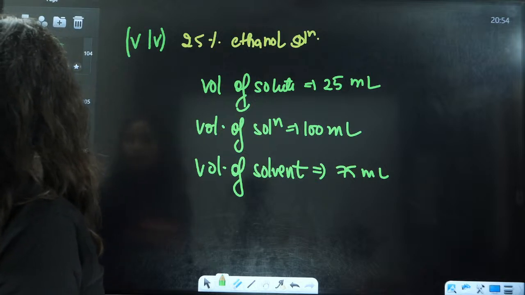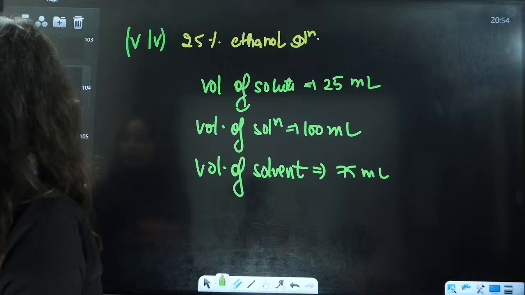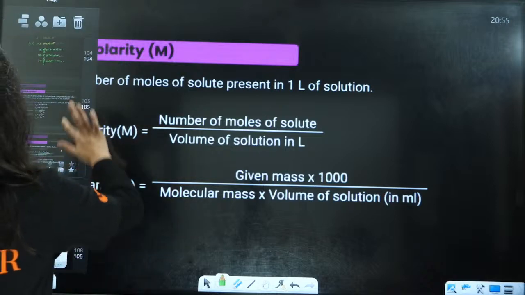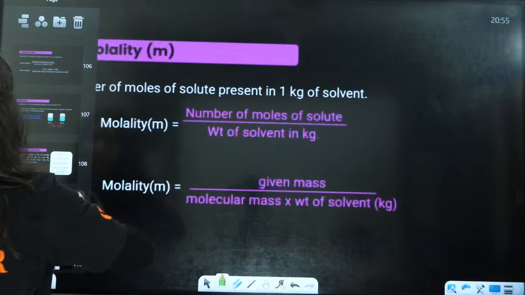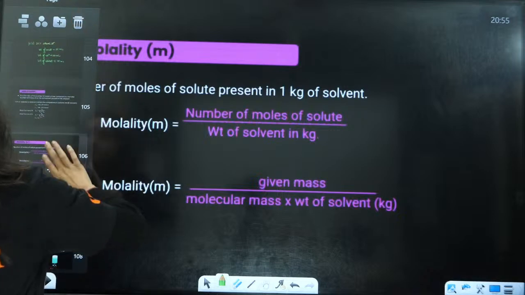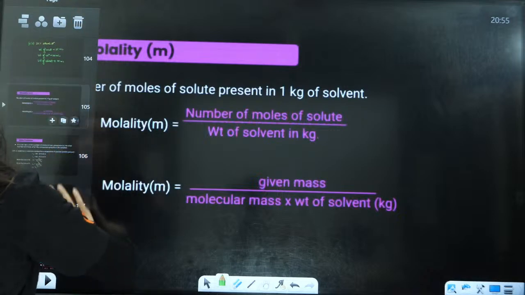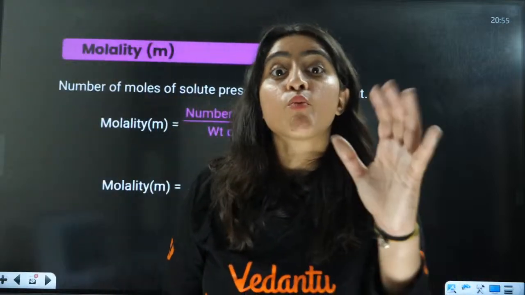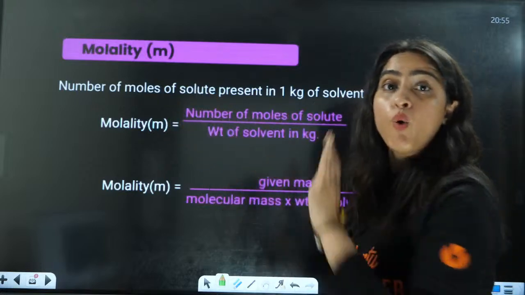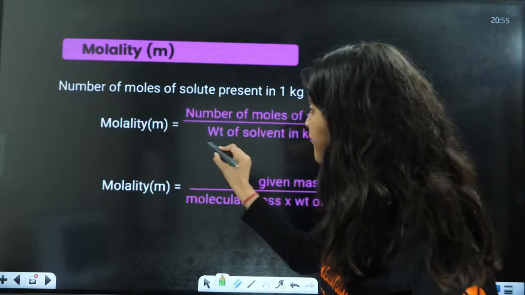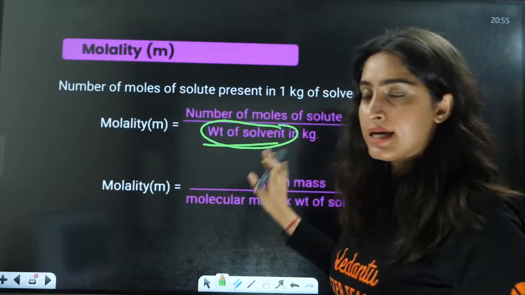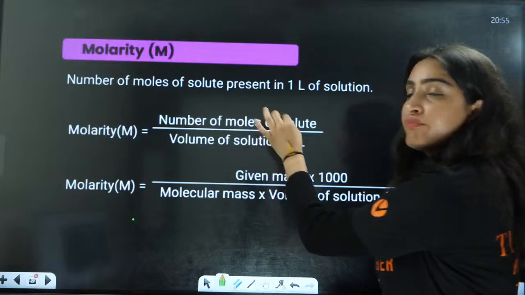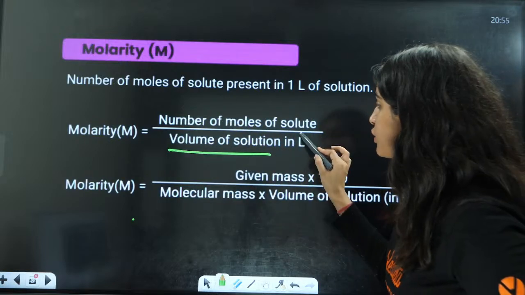See, we have two formulas here, that is molarity and molality, right? Molality means number of moles of solute divided by weight of solvent here, that is in kilograms. And molarity means number of moles of solute divided by volume of solution, that is in